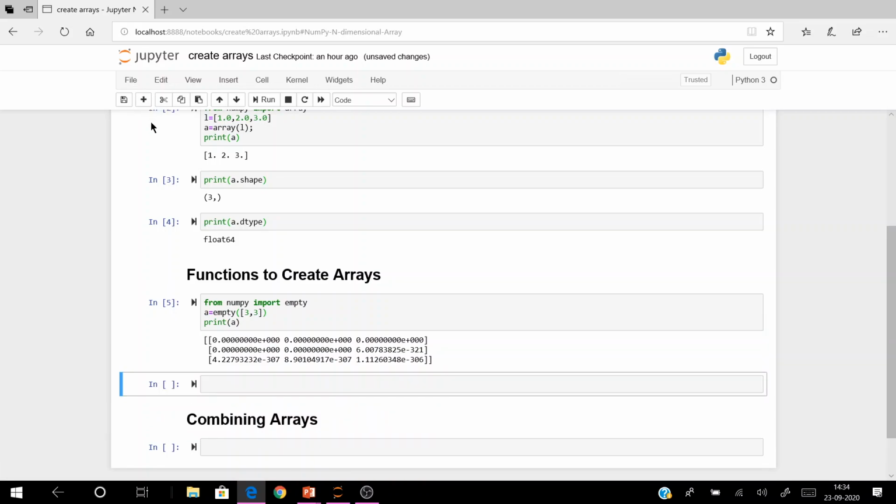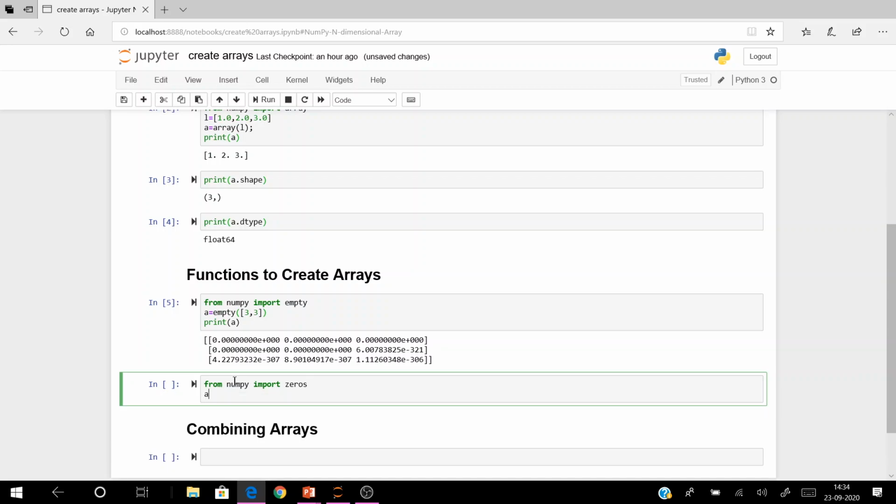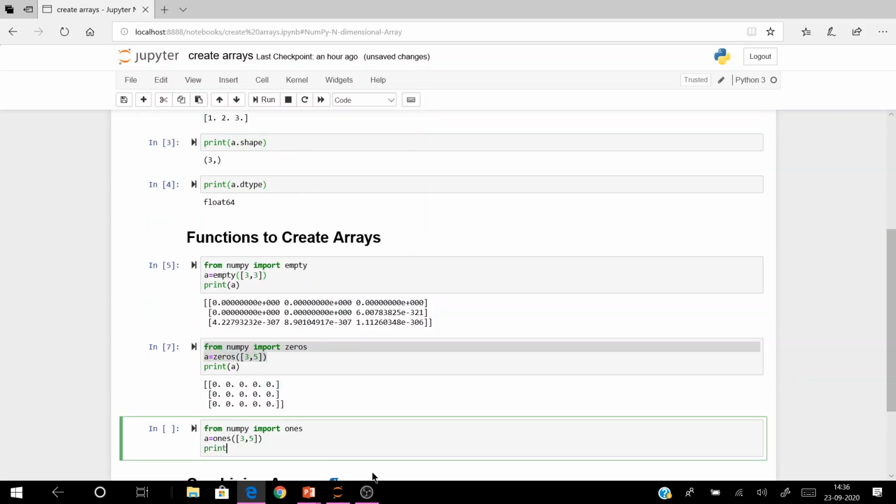Now we'll create an array with zeros. For that, from NumPy, zeros is equal to zeros of, what is the size you want, you can type it here. Now I am going to take a size of 3, 5. Now to print the array.